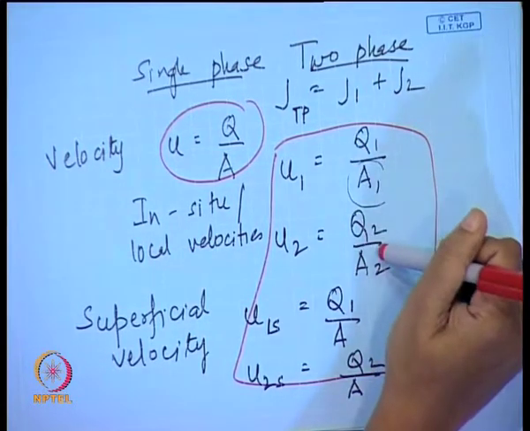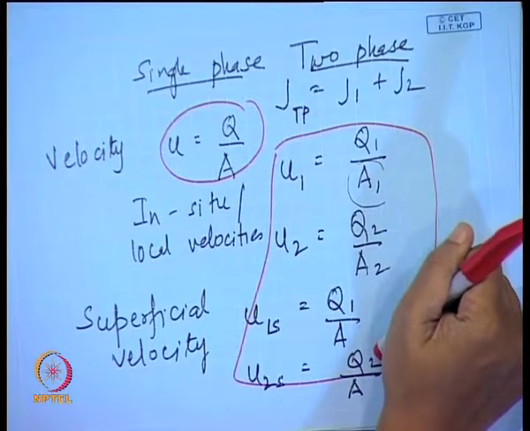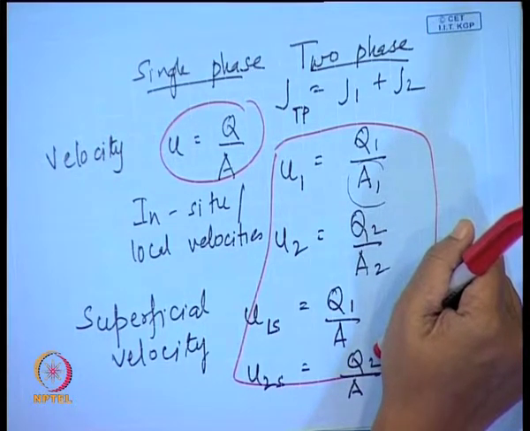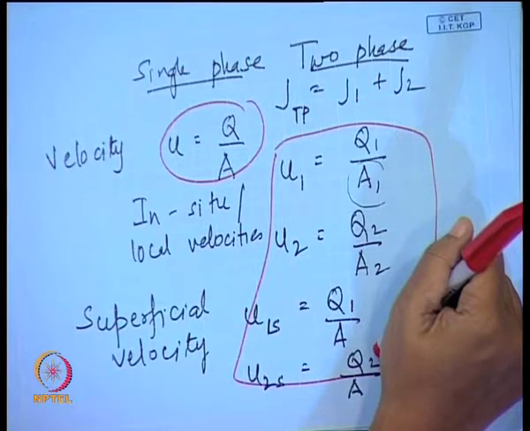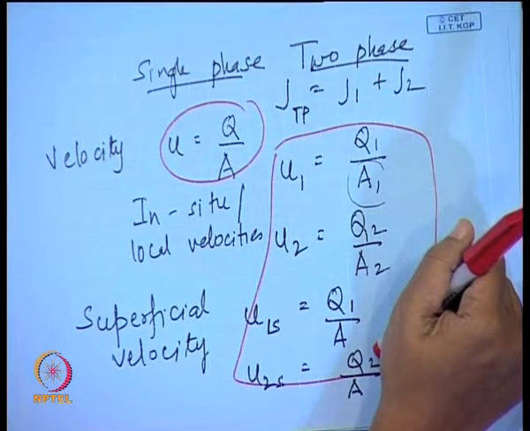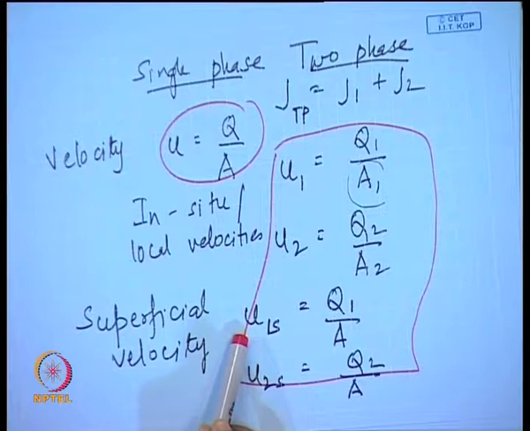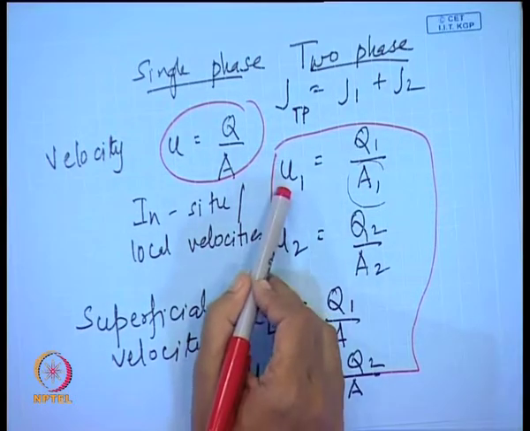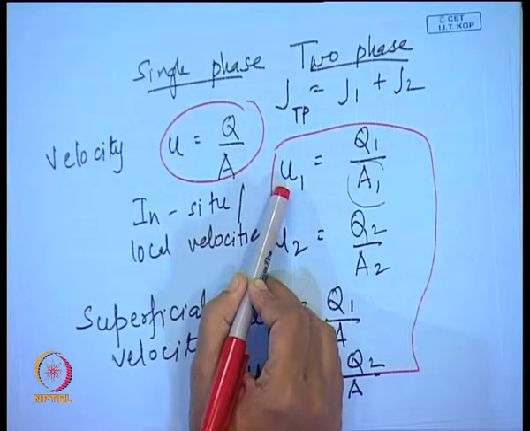We have 2 local velocities for the 2 phases, and we have 2 superficial velocities. We define the superficial velocity as the velocity which the fluid would have had if it flowed alone in the pipe. So, if only water, or say only phase 1, had flowed alone in the pipe, then the velocity which it would have had is u1s. But now with what velocity does it flow? It has the velocity of u1. Similarly, if only phase 2 had flowed alone in the pipe, the velocity which it would have had is u2s. Now, since fluid 1 is also flowing along with it, it cannot occupy the entire cross sectional area.